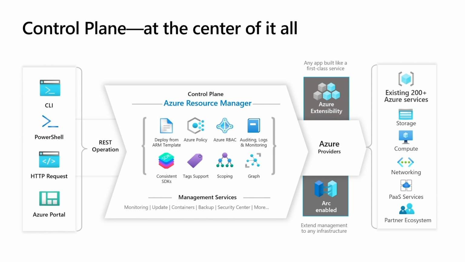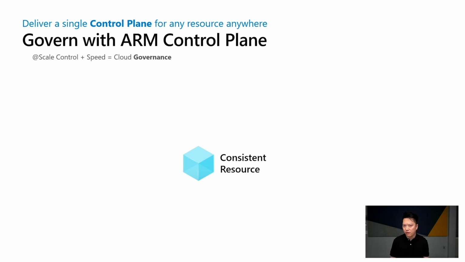Now let's look at how each control plane capability builds on one another to provide a comprehensive experience. At the core of this approach is the concept of a consistent resource. Cloud resources in Azure are consistent in the way you create or update them, regardless of the resource type. They're consistent in the way you access their properties and settings. They're consistent in the way you describe or label them through metadata. This is one of the key ingredients to enable you to govern them at scale.